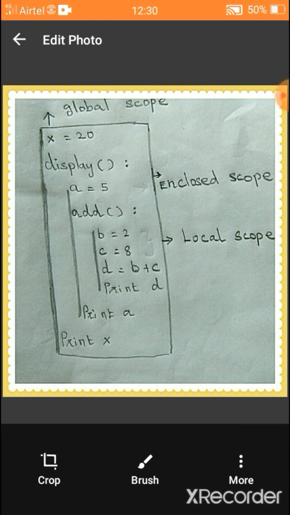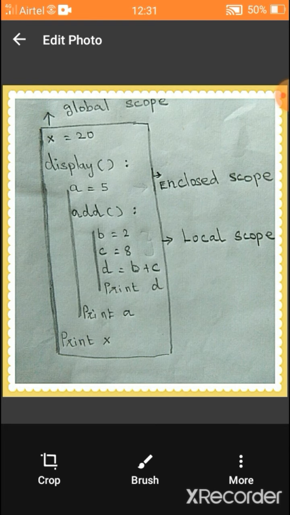In the display function, there is one more function known as add. So it is an inner function. Display is the outer function. Add is the inner function, that is local scope. In this add function, there are three variables given. b = 2, c = 8, d = b + c.